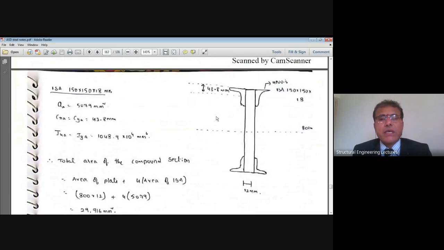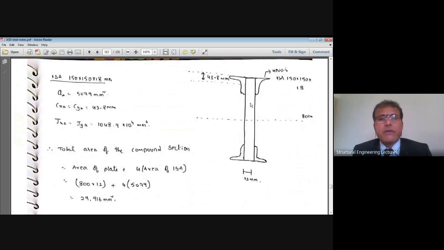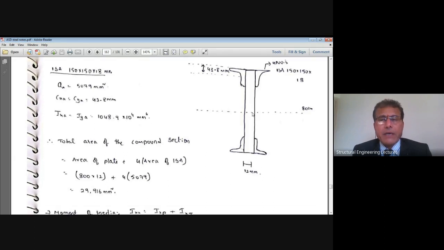What is that? This built up section is made up of a plate for the web whose depth is equal to 800 mm, and its thickness is equal to 12 mm, to which what is connected is